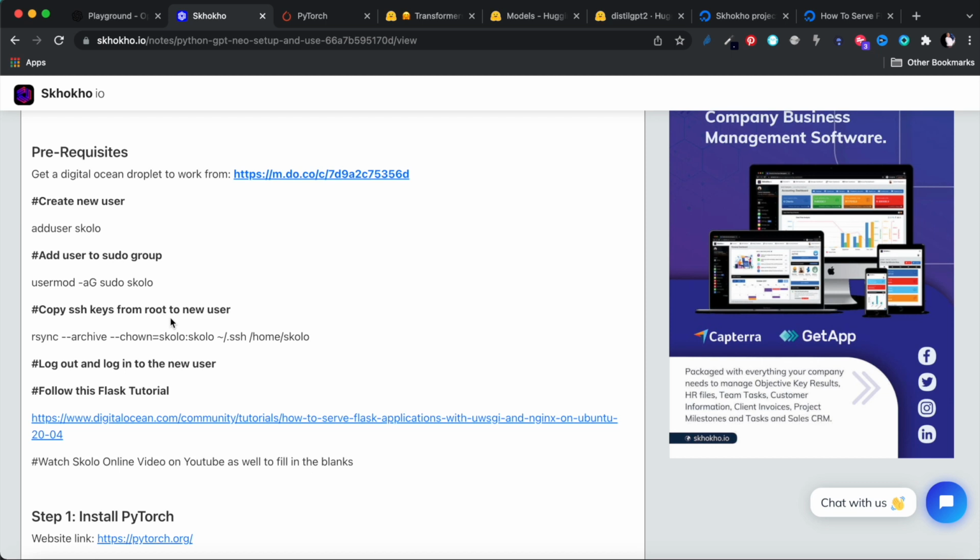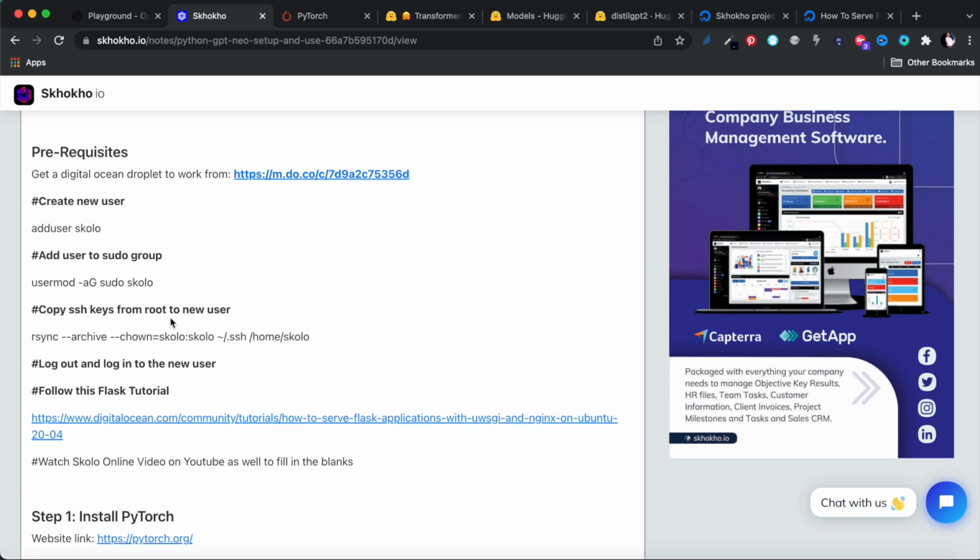We're going to be working off a DigitalOcean Droplet because I want to show you how to actually run this model yourself in a cloud environment. If you want to build an application on top of it, once you've run the model, you can attach an application, like a Flask application, to it, and then load that application and get it to go live. So I'm going to show you all the steps to set up a virtual server where you can run this,